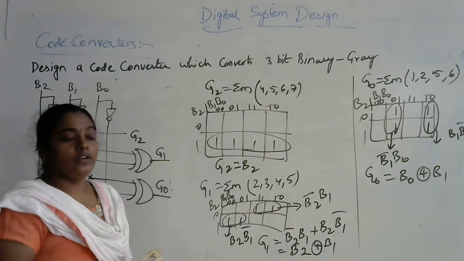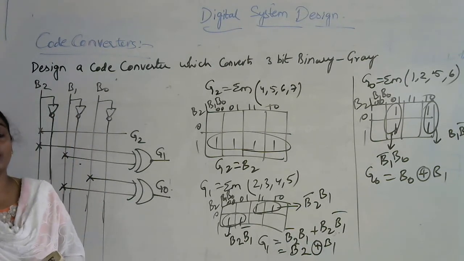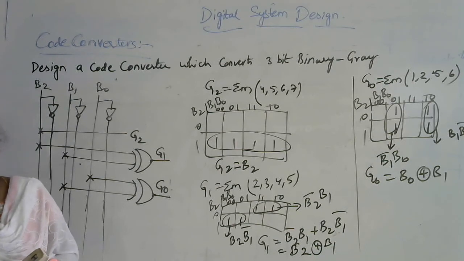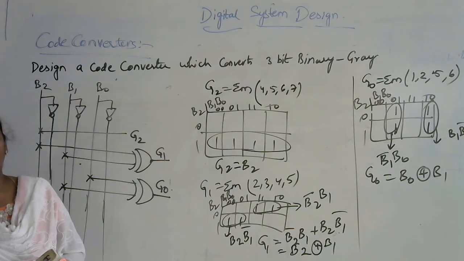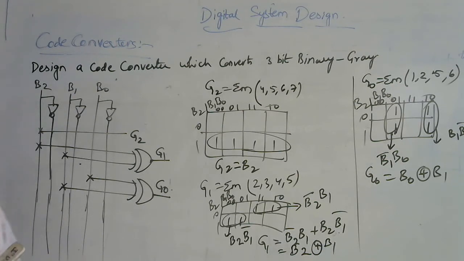Then we need to write down the truth table which gives the relation between inputs and outputs. After writing the truth table, write down the sigma m expressions for each output, then draw the k-map. The number of k-maps is equivalent to the number of outputs, and the number of variables of the k-map is nothing but the number of inputs. If there are 3 inputs, we need to draw a 3 variable map. If there are 4 inputs, we need to draw a 4 variable map. If there are 4 outputs, we need to draw 4 k-maps. So the number of outputs gives the number of k-maps which we need to draw, and the number of inputs gives how many variable k-map we need to draw.